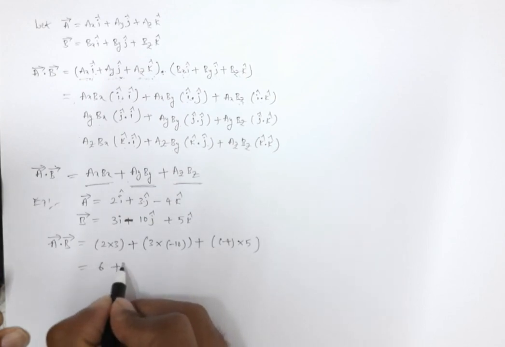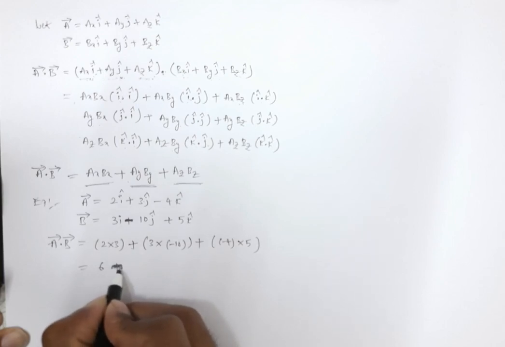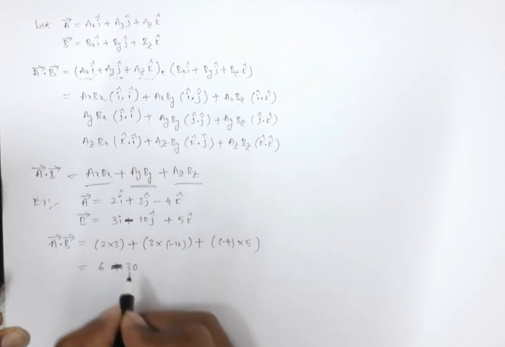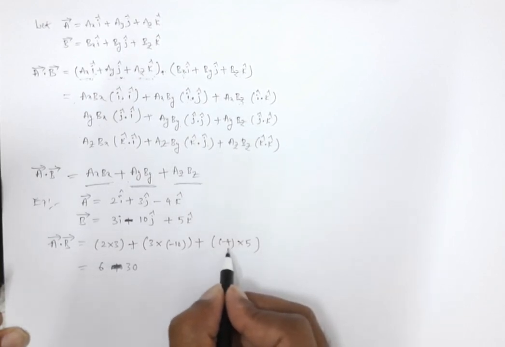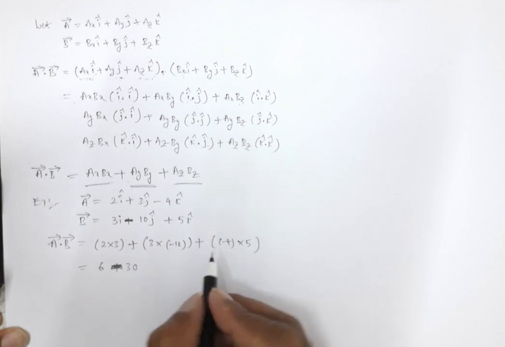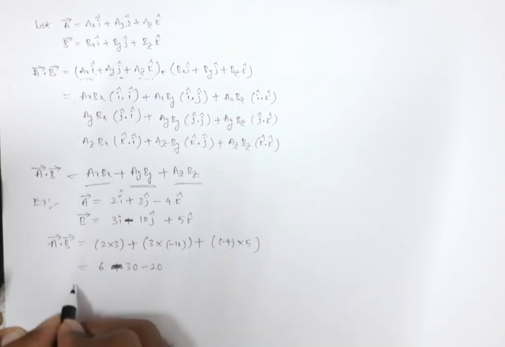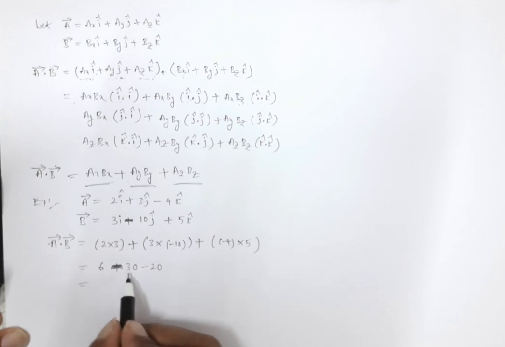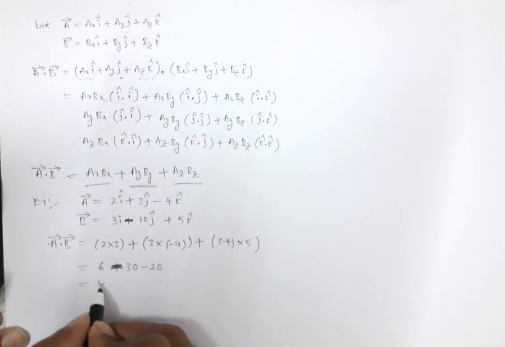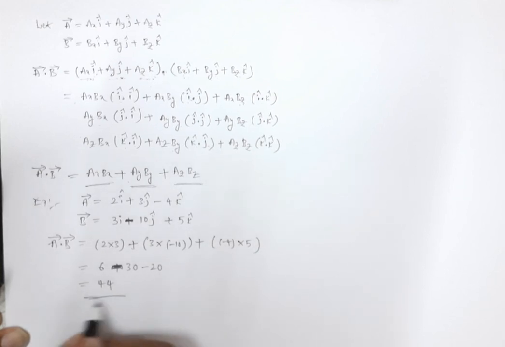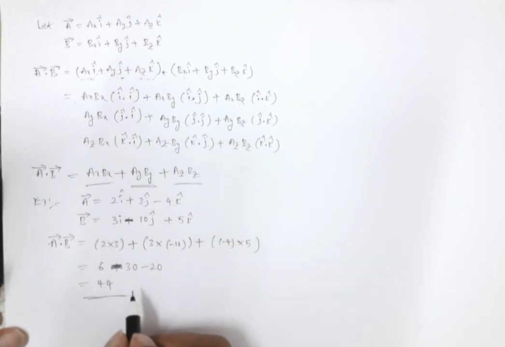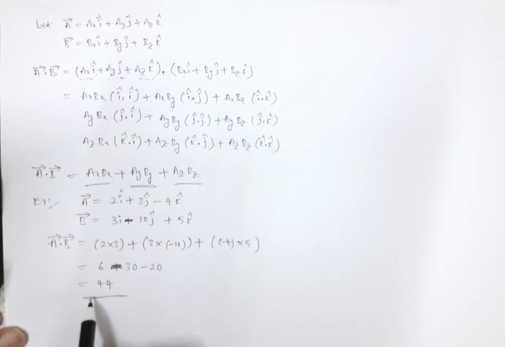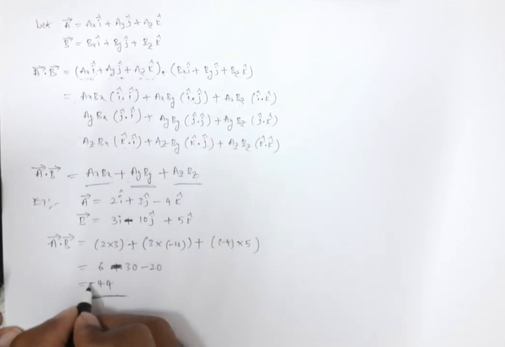So this is minus 30, right? So plus, and we have a minus value, so minus 30, and 5 fours are 20, plus 20 or minus 20? Minus 20. So what is the result we have? Minus 30 minus 20 is minus 50, minus 50 plus 4. So how much do we have? 44 units. Of course, no unit is given. Simply we say it is 44, or plus 44 or minus 44? Minus 44.